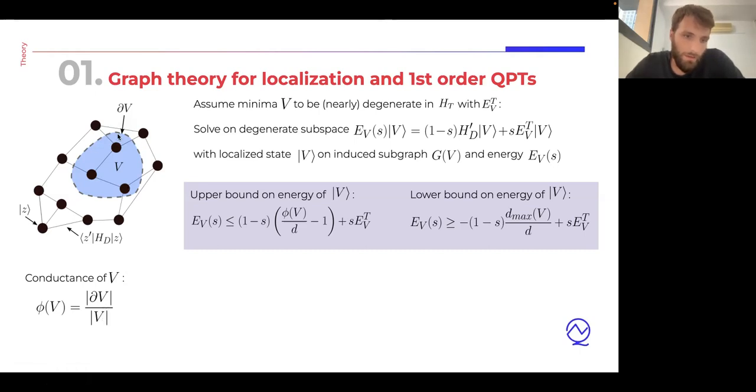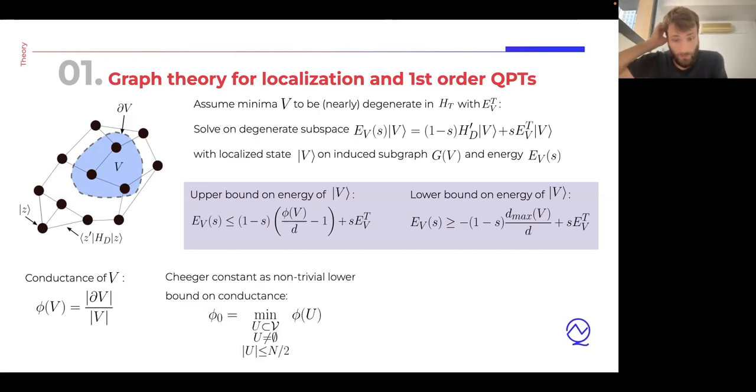So the edge boundary, in this cartoon, is the set of all edges that get cut by the dashed line. Basically all the edges that are leaving the set V and connect to other nodes in the graph, those are the edges of the edge boundary. So in this case, we will have 1, 2, 3, 4, 5 cut edges divided by 1, 2, 3 nodes. And the conductance is